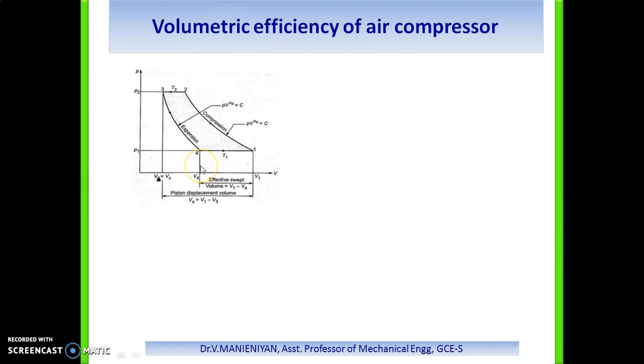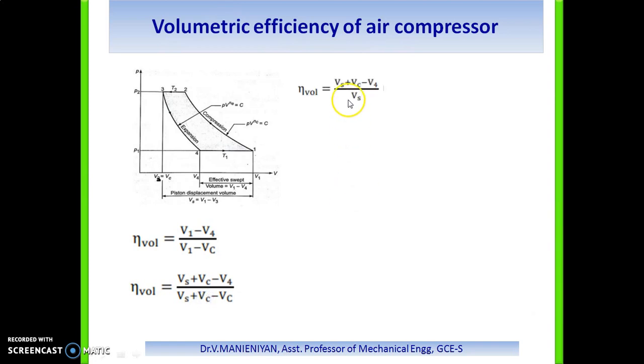From the indicated diagram, the volumetric efficiency can be expressed in terms of the effective volume and piston displacement, as shown in the equations in the figure. The efficiency is (V1 minus V4) divided by (V1 minus Vc). Simplifying, we know that V1 equals Vs plus Vc, so this becomes (Vs plus Vc minus V4) divided by (Vs plus Vc minus Vc).